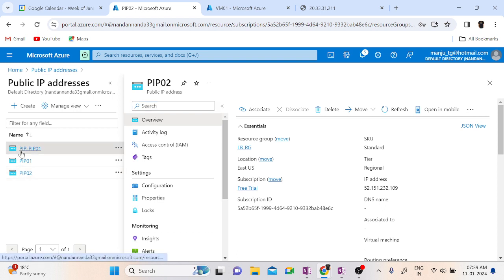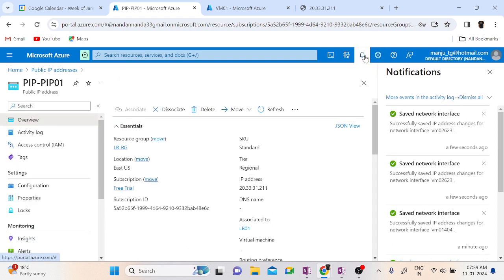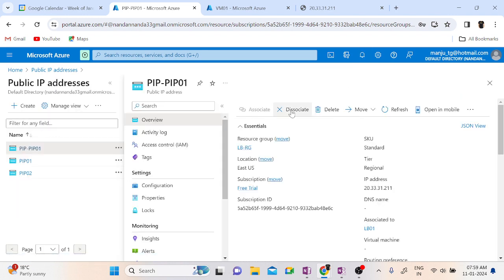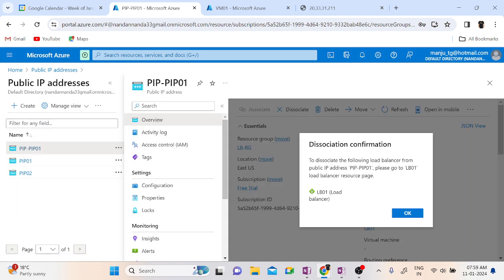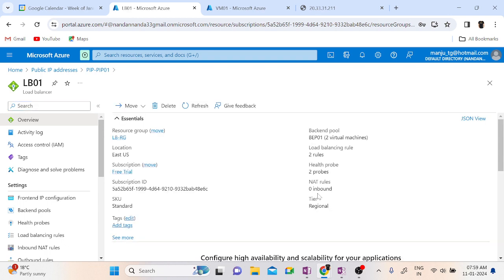And if I go to the PIP, front end IP, it is still going on, I guess. To de-associate the following local load balancer from the public IP address, please go to the LB01 load balancer resource page. Load balancer resource page. Here,